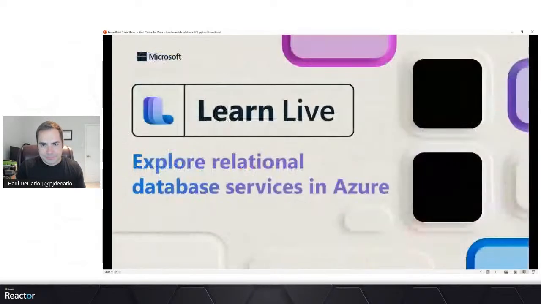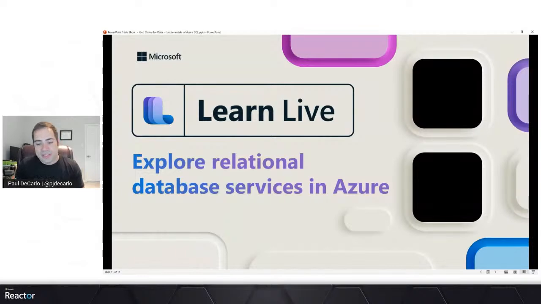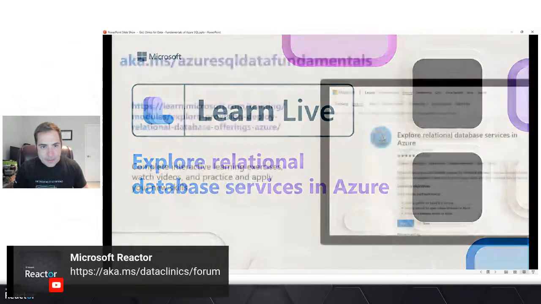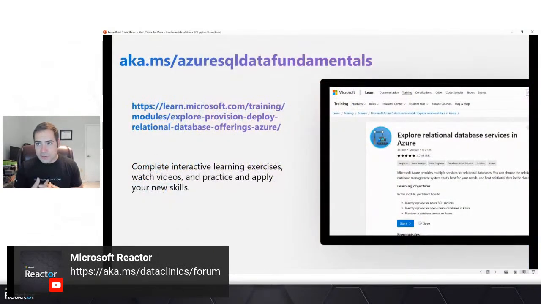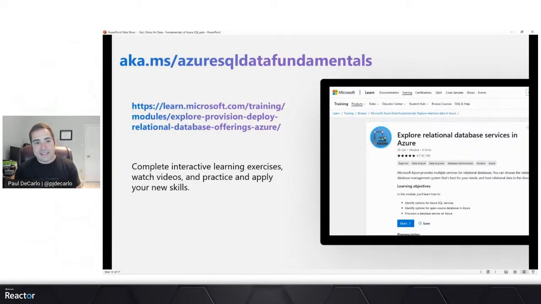So we're now ready to continue with our second module for today, which is exploring relational database services in Azure. We're again going to start from the same place that we were earlier, the aka.ms/AzureSQLDataFundamentals URL, and jump into module 2, which is called Explore Relational Database Services in Azure.